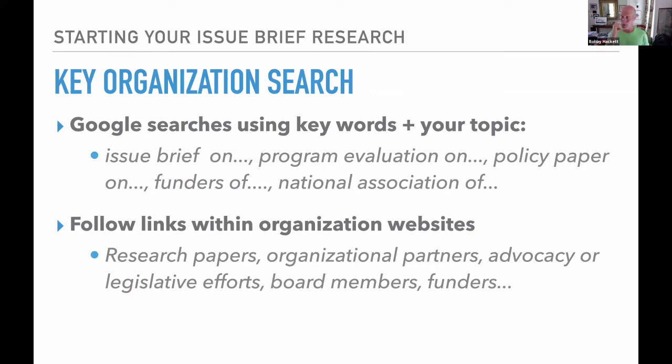The second thing is when you get into the organization page, hunt around. You're not just finding the name of the organization, you're trying to find on that organization where there might be other sources, research papers. Look at the research paper. Who published it? That might help you with a key person or two. That research paper may have been done in partnership with another organization. You'll find that on the first couple pages typically. Who funded that research? That'll help you find some foundations that are concerned with that issue.